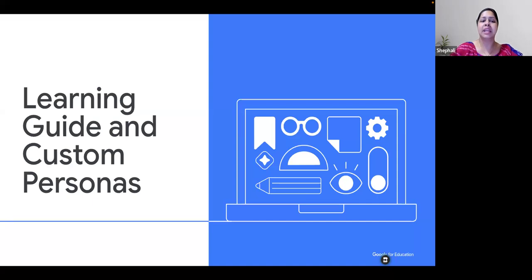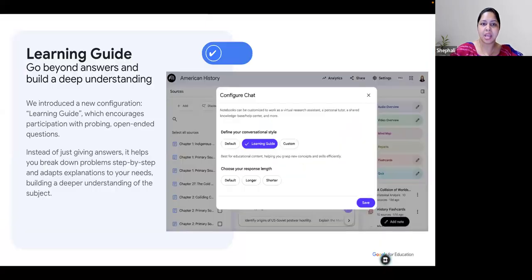Now there is learning guide and custom personas. Now, what is that? Basically, it will go beyond the questions and answers, which means you can build a deep understanding. This helps with probing and open-ended questions. So it will also help you to generate open-ended questions, and instead of just giving the answers to the students, it increases the higher order of thinking among the students,